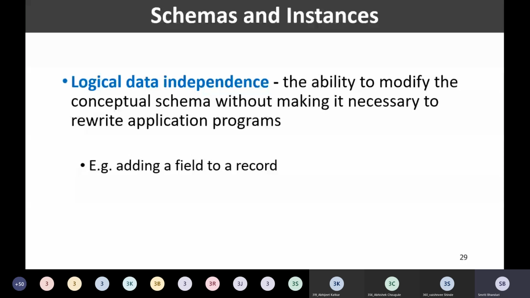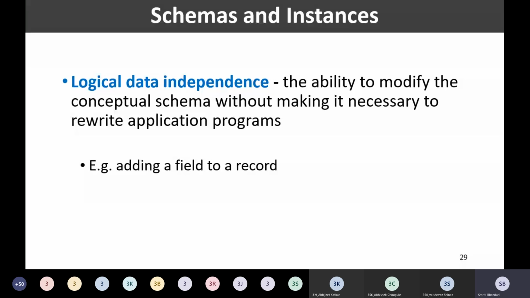At the logical level, we have the logical schema. And what is there in the logical schema? I have the structures of my records. Suppose at the logical schema I have a structure to store the data related to the instructor: ID, name, salary, and department name of the instructor.